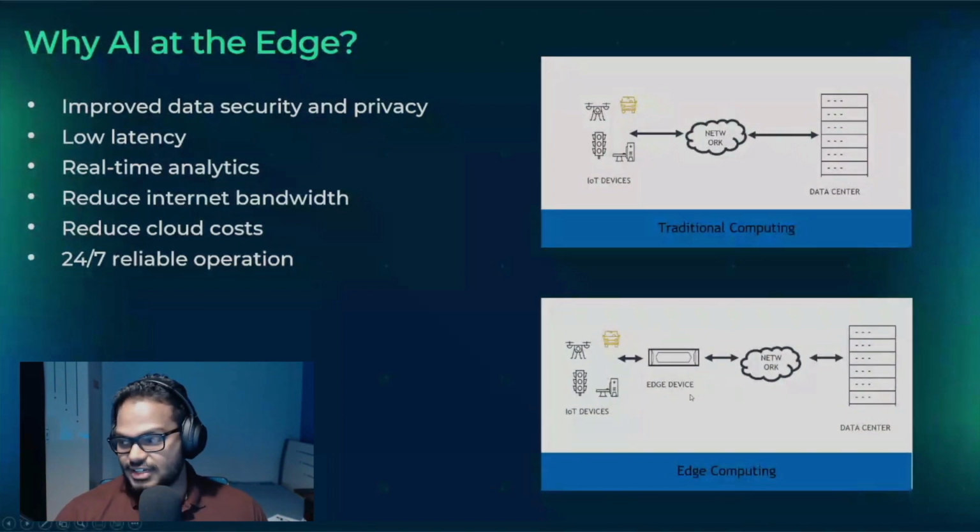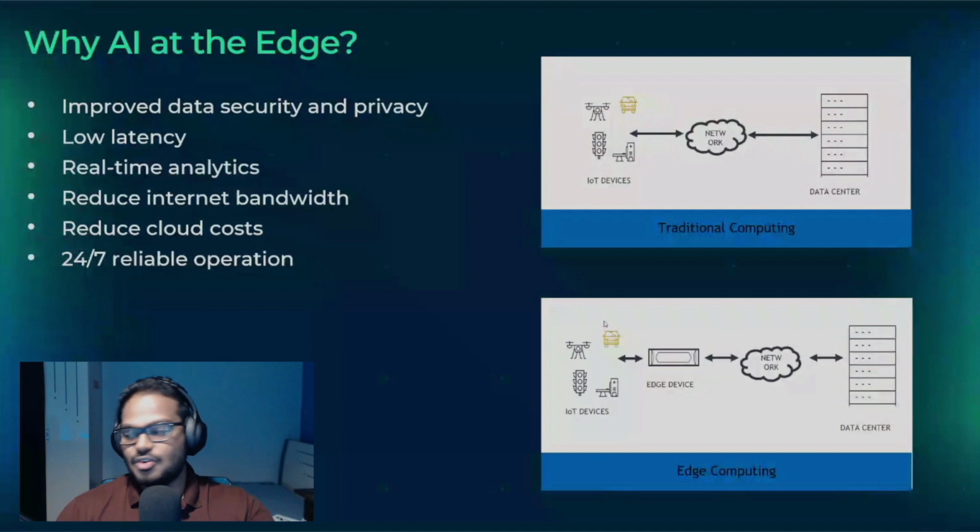Because there's an edge device in front of the network, all the AI processing from these devices is happening locally. That means we are not sending the data to a data center for processing. Since it's inside the local environment, you can make sure that you have better security and privacy, and also low latency and real-time analytics, and reduced internet bandwidth because we are not sending the data back and forth. Also, some people want to use cloud services to perform AI in the cloud, but the costs are really high, and they have subscription-based plans where you need to pay a huge amount of money. But you can reduce all